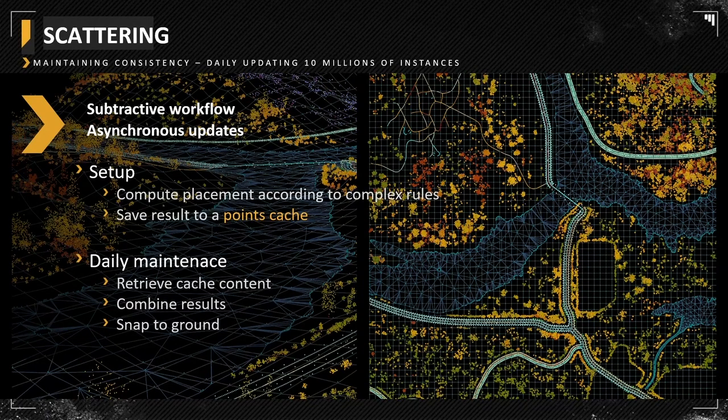And we don't have to maintain the vegetation rules accurate and everything, because we also take care of resnapping everything to the ground. So we are sure that every morning the most important is the game is going to run, and there's not gonna be any floating tree because someone sculpted the terrain below it. So maybe the rules is not gonna be accurate, but there was a mountain and a vegetation rule for mountain at this place. Then the vegetation is just going to be snapped, but it's going to be consistent. Next time we'll regenerate the rules, it's gonna match better to everything we define and we want as a final result. But the objective is to maintain the quality on a daily basis.